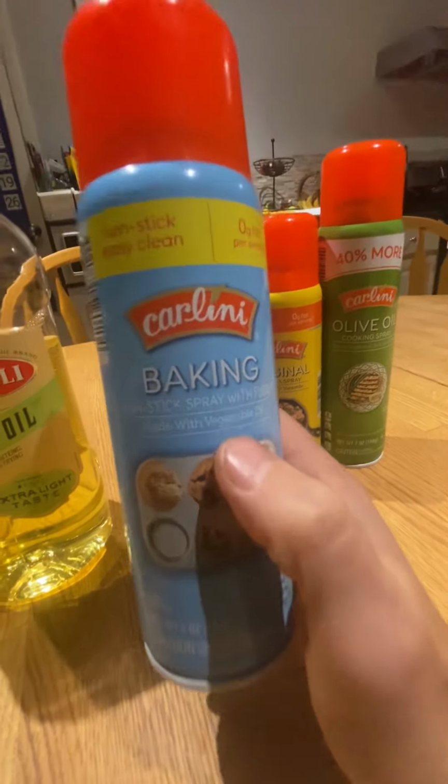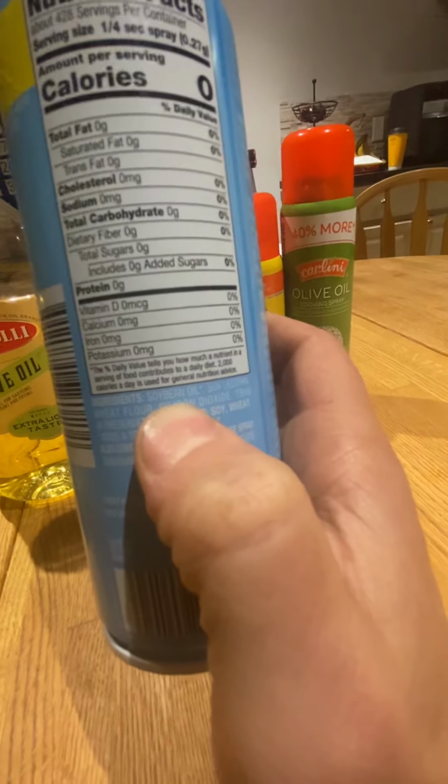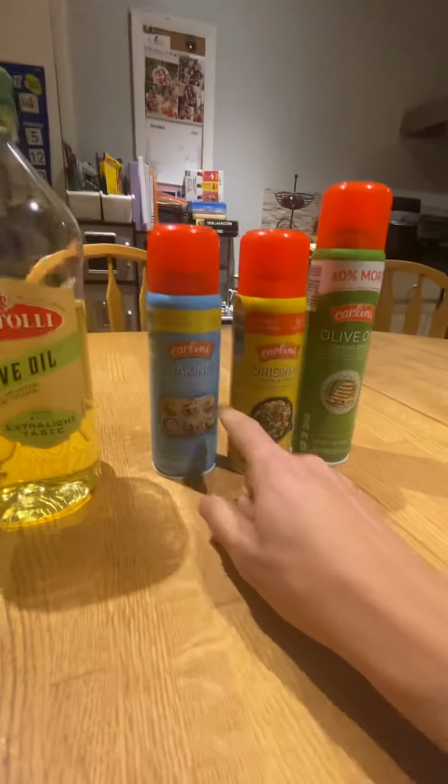Although McDonald's uses vegetable oil, which I'll show you right here. So this is the vegetable oil. What that means is that it's basically just soybean oil. So vegetable oil, which is mostly just soybean oil, I would say is probably a little bit better than the canola oil. Still not super awesome for you,